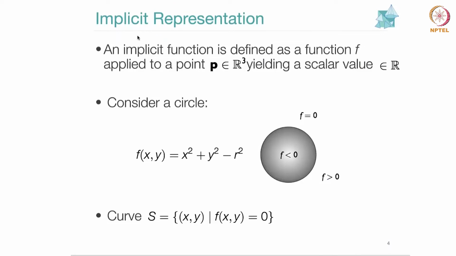As an example, let's take the circle, or I would say a disk as an example. What is the difference between a disk and a circle? A disk is a filled circle. A disk is a solid, right? So there is an interior of a circle, and if you fill it, then it is called a disk. And a circle is the boundary of a disk. Okay, so let's say I want to represent this circle